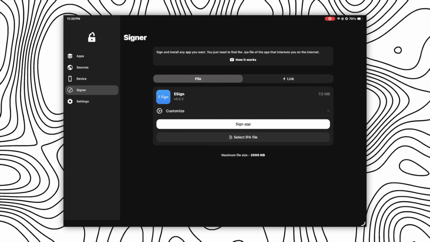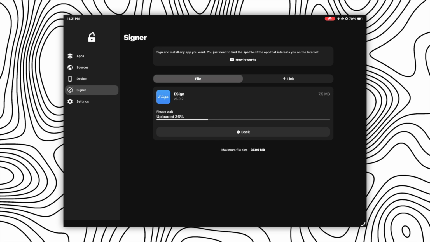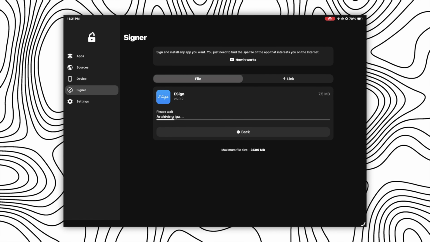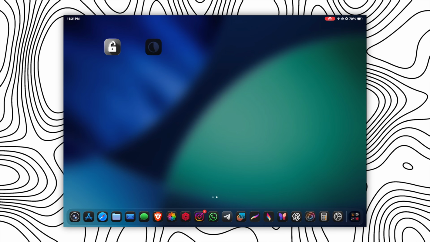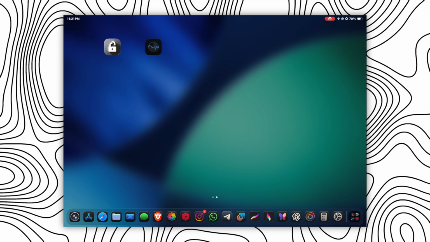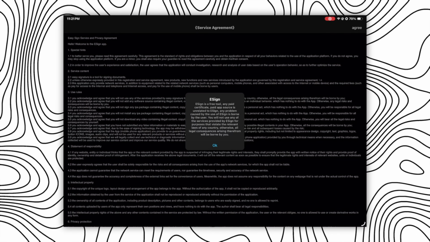So once you have the IPA file, select that IPA file here and then click on sign app. After clicking on sign app, wait for the processing to be complete and then click on install app. After that, return to your home screen and there you will see eSign is installed successfully without any issues and it is working perfectly. Now before we try to install apps using eSign, we will need to set it up first,